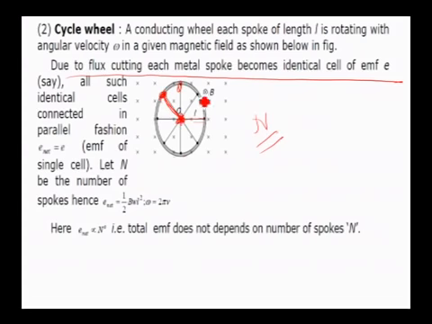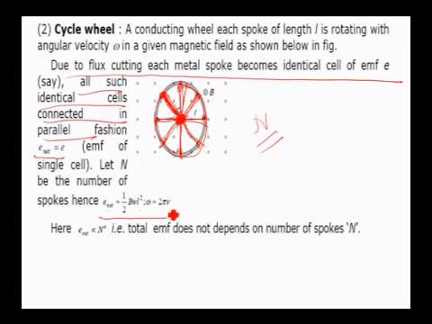But there are several spokes here, and all the spokes have a common point. This is point O. But just look at this example. If each conductor acts like a cell, where these two are the potential endpoints of the cell, then these cells are connected in parallel. What if a number of identical cells are connected in parallel? The effective EMF produced will be equal to E. That shows all such identical cells are connected in parallel, because this is the common point for all the spokes, and even this is also made common. It is nothing but a parallel connection of all the cells, and we get the same expression for EMF here,